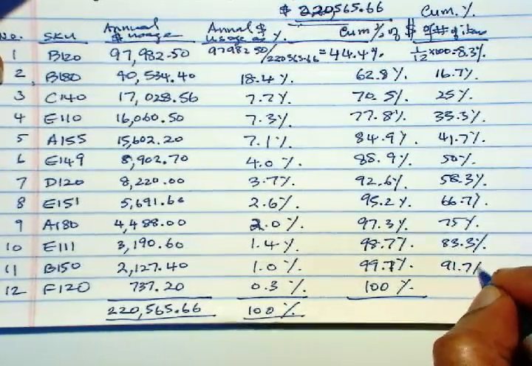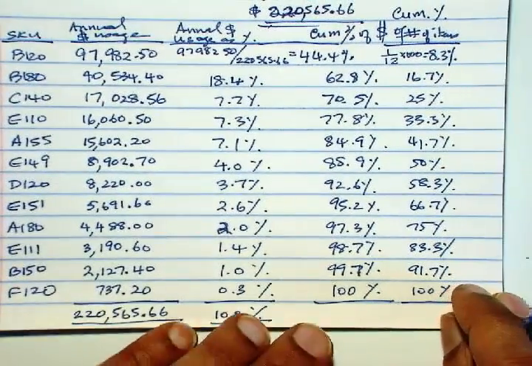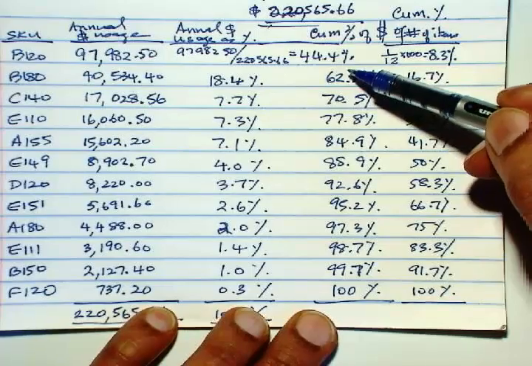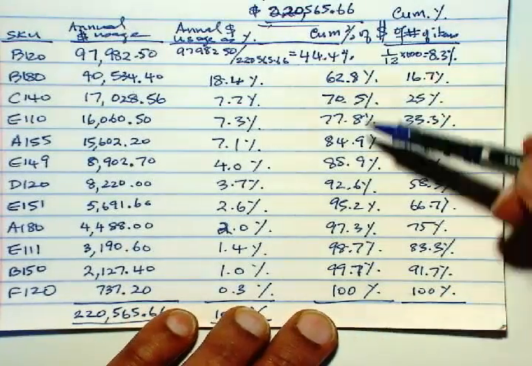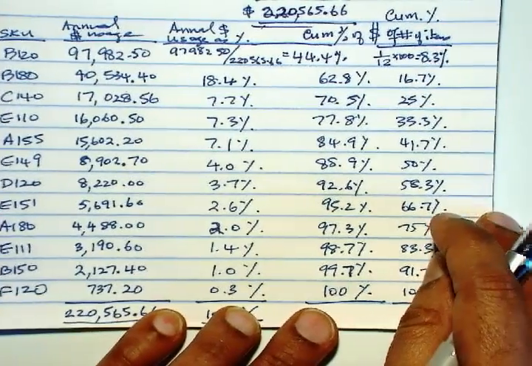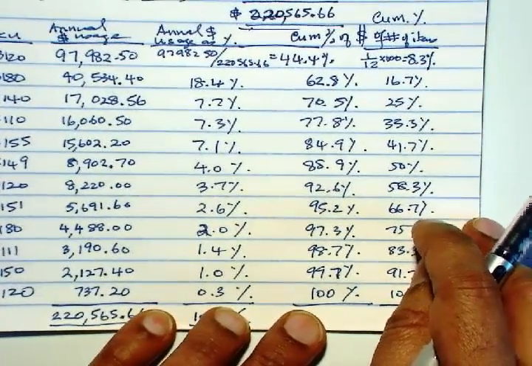So we have two lists now: percentage of dollar usage, cumulative percentage of annual dollar usage, and percentage of items. So now we need to apply the rule of thumb, and approximately, so when we start with, so this is